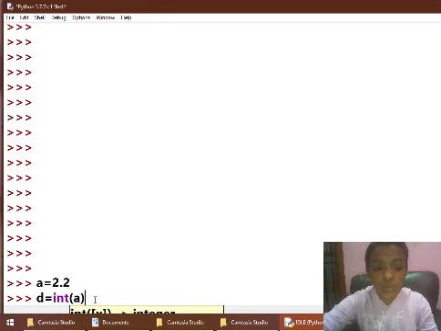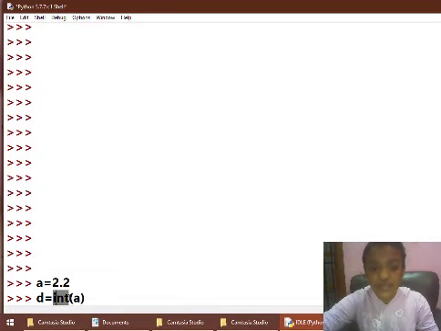So what happens here is, inside the variable a, the floating point value 2.2 has been saved, and I have attached this to int, which is integer. So now what the variable b does is, it simply converts the floating value 2.2 which is saved inside a, into an integer.